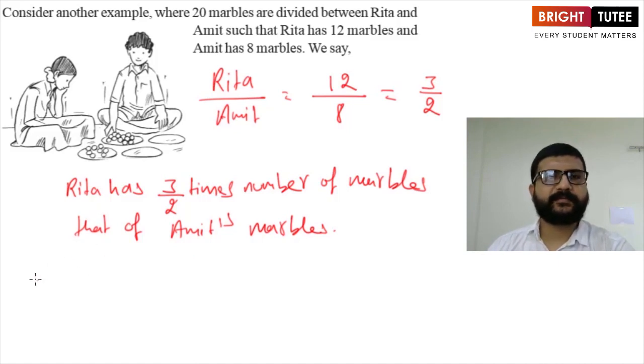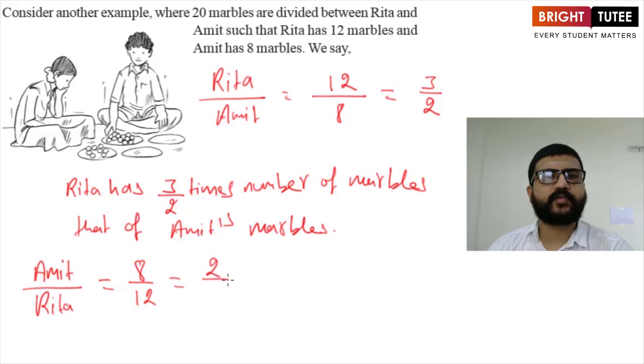And suppose we find the ratio like this: Amit's marbles upon Rita's marbles. So this will be 8 upon 12, and when we simplify this, we will get 2 upon 3. So now from here we can say Amit has 2 upon 3 times the marbles of Rita's marbles,